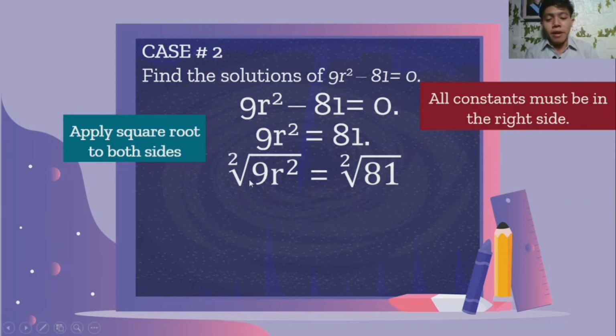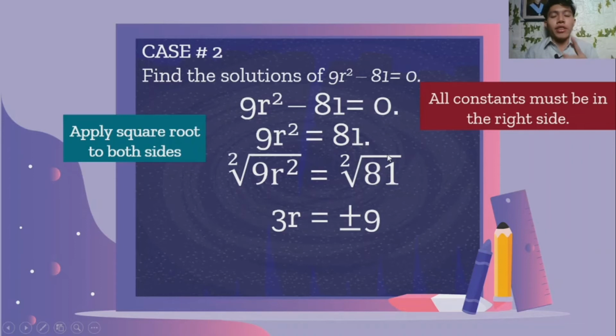And then, syempre, ano yung square root ng 9? Ano ba yung number na kapag pinag-multiply mo sa sarili niya ng 2 beses, ang lalabas ay 9? That is 3. So, ang square root ng 9 ay 3, ang square root ng r squared ay r, kaya ang sagot doon ay 3r. Okay? So, na-cancel na yung exponent na 2, kaya r na lang yan. Yung 9 naman, nung in-square root, that is 3. Okay? Now,